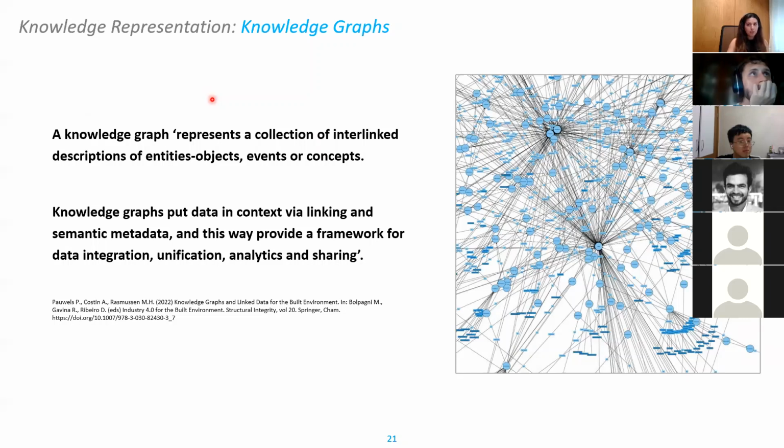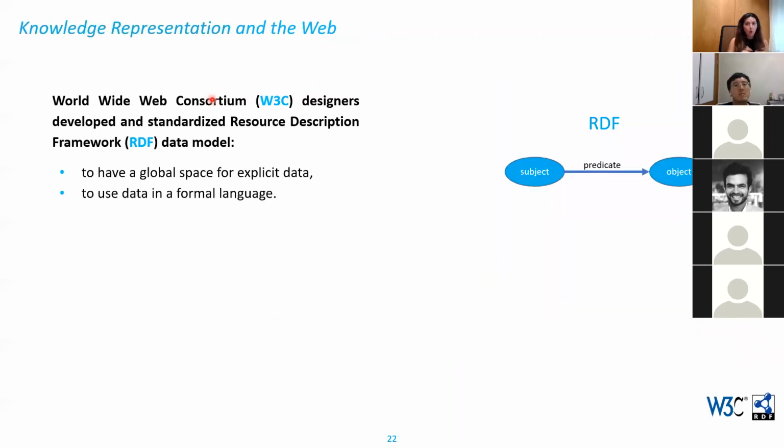Knowledge graphs represent a collection of interlinked descriptions of entities, objects, events, or concepts. And knowledge graphs put data in context via linking and semantic metadata. And this way it provides a framework for data integration, unification, analytics, sharing. However, all this data that we talk about should be somewhere. Therefore, the World Wide Web Consortium designers created the RDF data model, which is a standard data model for describing resources and data interchange within the